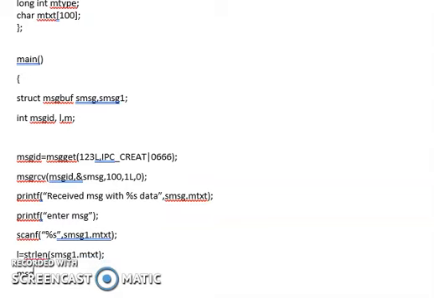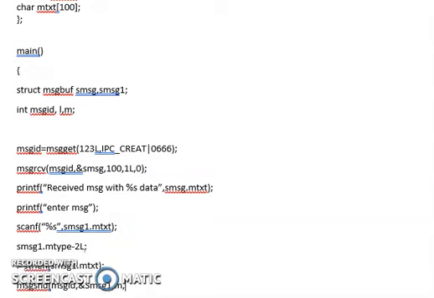Now my job is to send it, onto the msgid, comma, from the data structure msg1, with the length being m, and the type I need to add, which I forgot. So let me add the type: msg1.mtype is equal to 2L. So I have to add the type also. Then I want it to return if there is no space in the message queue for my program to add.